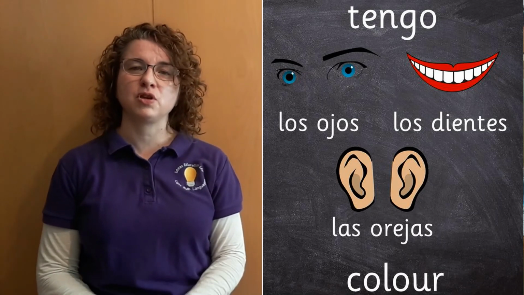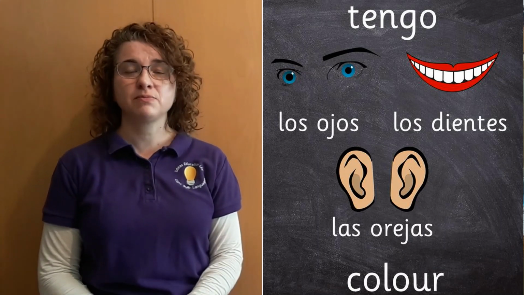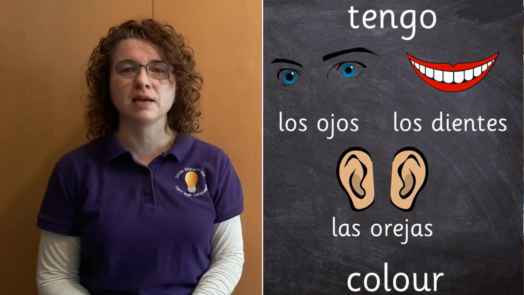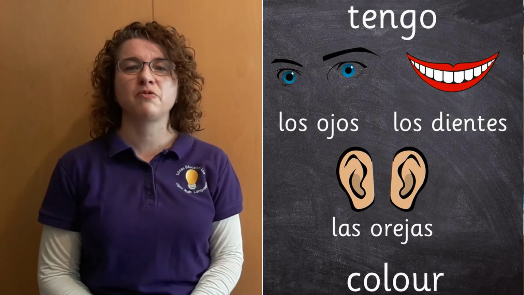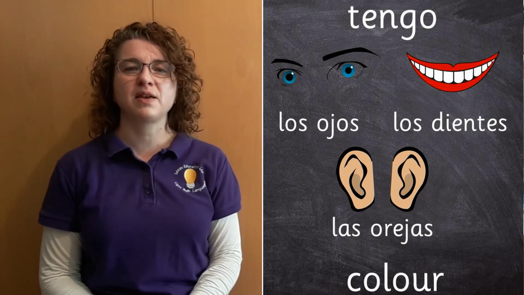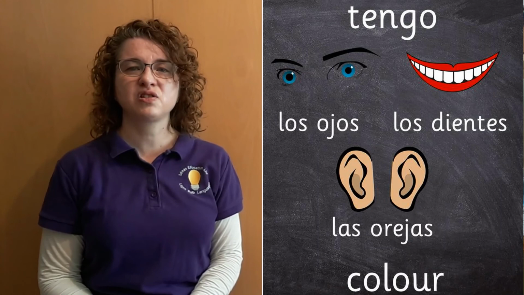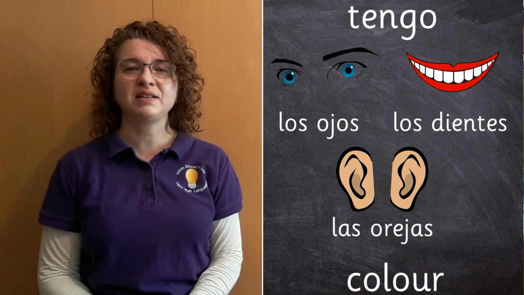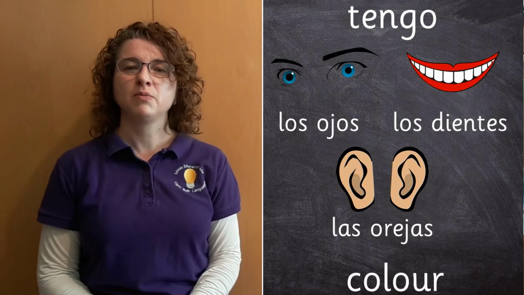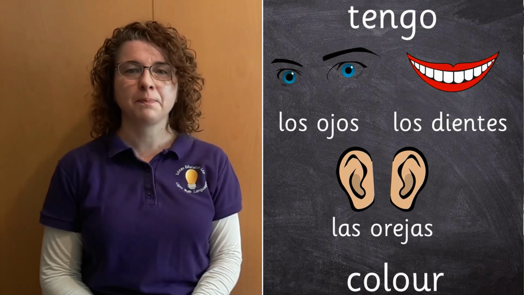Don't forget that we could also use our verb forms tienes and tiene to make some more sentences asking somebody, do you have? Or saying he has or she has. We could also use some of the adjectives we saw when we were describing the planets. For example, pequeño, which works the same way as rojo. Make it feminine with an a, make it plural by adding an s. And there was also grande. Grande ends with an e, so we don't need to add anything to make it feminine, but we need to add an s to make it plural. There are lots of descriptions that we can make now.